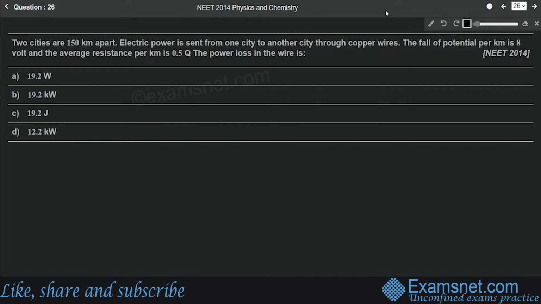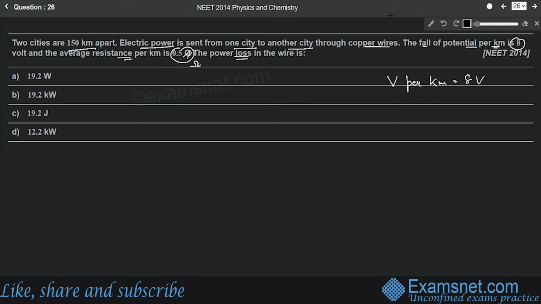Question number 26 is from the chapter Current Electricity, and the question is, two cities are 150 km apart. Electric power is sent from one city to another city through copper wires. The fall of potential per kilometer is 8 volt and the average resistance per kilometer is 0.5 ohm. The power loss in the wire is, okay, so it is given that the fall of potential per kilometer is